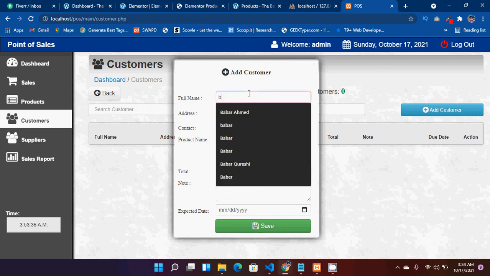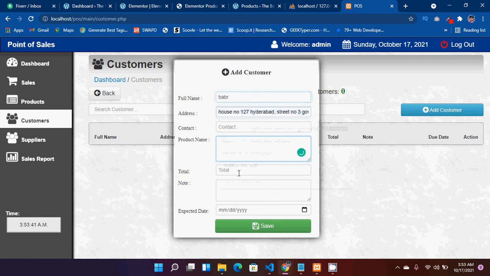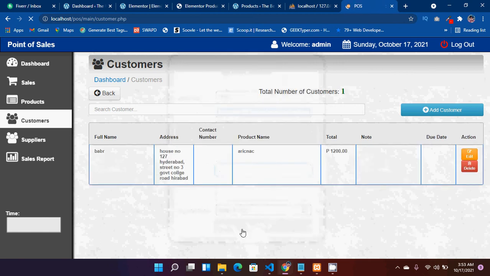So customer name, address, phone number, product name, total bill, total bill is 1200, and just save this. And this customer has a total bill of 1200.